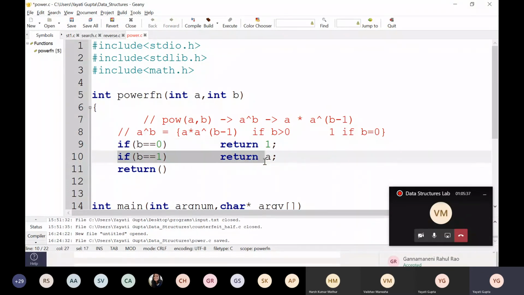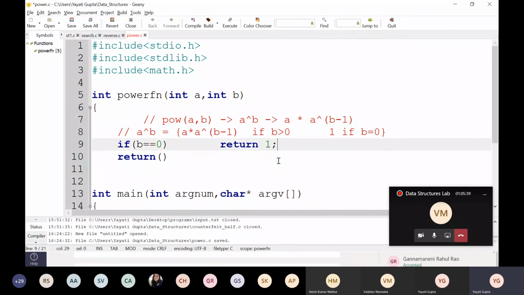You can actually remove this one if in case it is confusing. So see, this says, what if I pass 2 and 0 as arguments to this function? So I'm calculating 2 to the power 0. If it is 2 to the power 0, a 1 should be returned to me. If it is something else, then what should you return to me? You should return a into power of a comma b minus 1.